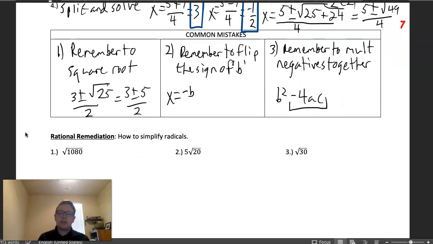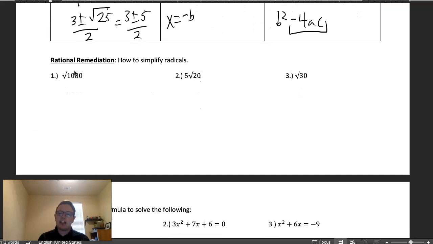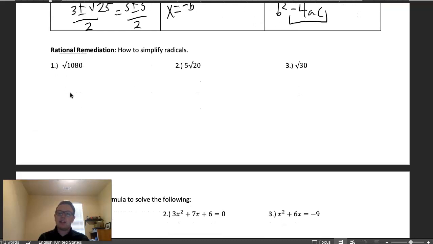All right, we're going to do a little bit of radical remediation. Got to make sure you remember how to simplify a radical before we start doing radicals more. And how do we do this? Well, we take the number inside of the radical. So in this case, we're going to take 1080, and we're going to start dividing this by prime numbers. So we're going to start dividing by 2 until we run out of things to divide by 2. Let's divide 1080 by 2. That's going to leave us with